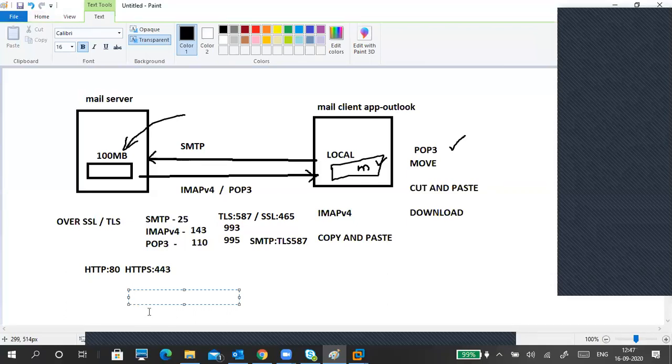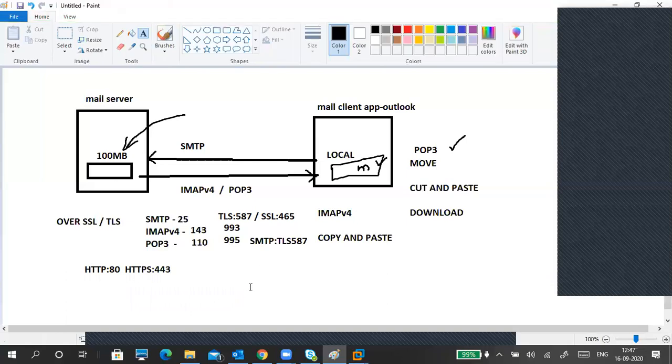But if you go with Jenkins, we've already seen 8080 is the port number. 80 is the general HTTP port number, but a different port number is used instead. So we use a different port number for the web server, right? Like 8993. It depends upon the mail server configuration.